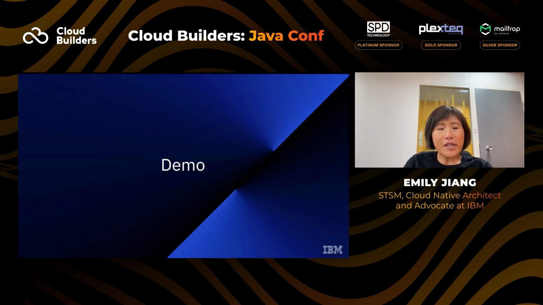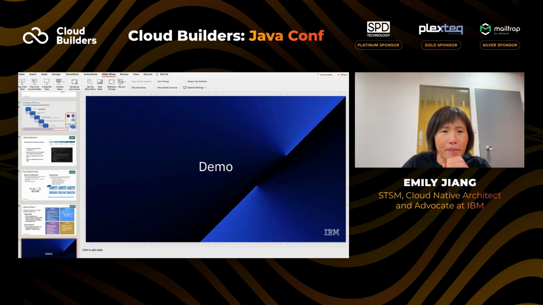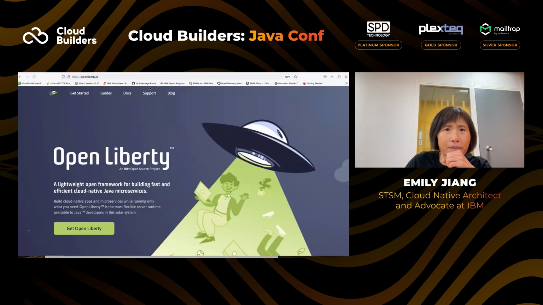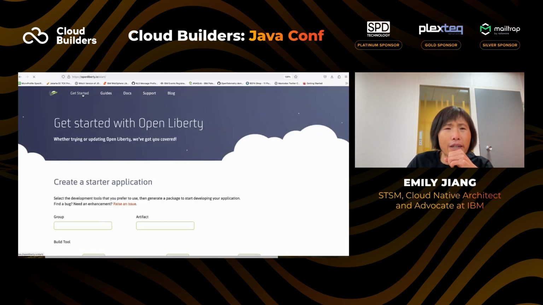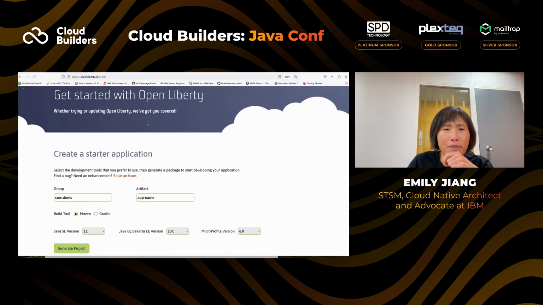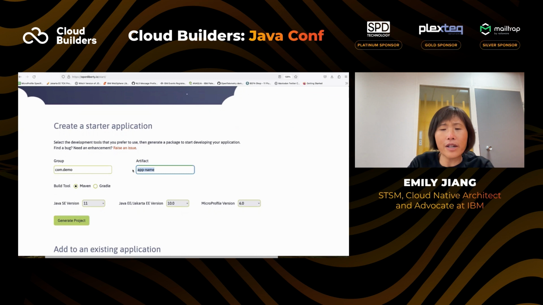Okay, with that, let me give you a quick demo about how you can get started with creating your hybrid cloud application. If you want to create a hybrid cloud application, you can use OpenLiberty Start. For example, here we'll use Cloud Builder as the artifact ID.